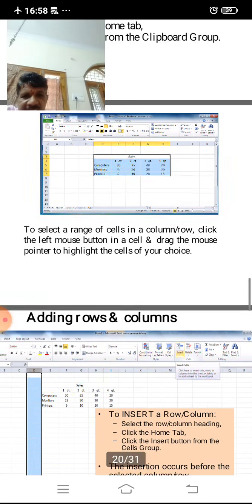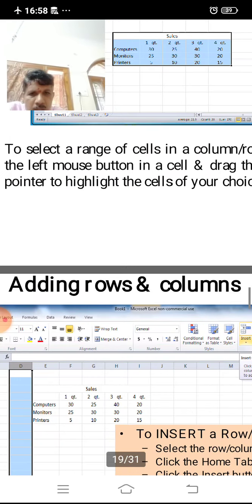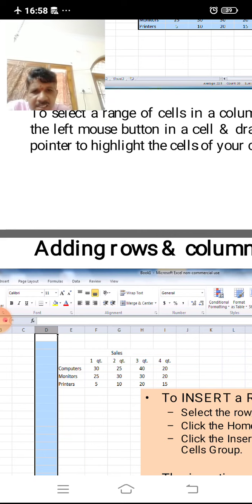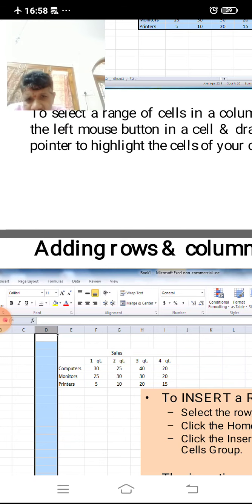If data is entered here, in the C column it is inserted. If you want to insert more columns here, just click this one. If you want to add here, just click here and apply a right click on the mouse. It shows various options. In that you can choose Insert Row or Insert Column.